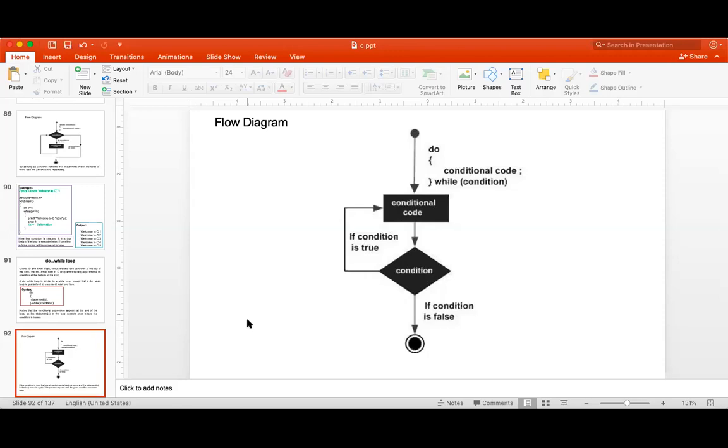But what is do while? Do while is you just come to the college campus, attend all the sessions and lectures, and when you exit from that college, your iCard will be checked. If the iCard is there, you can again come back to the college campus.